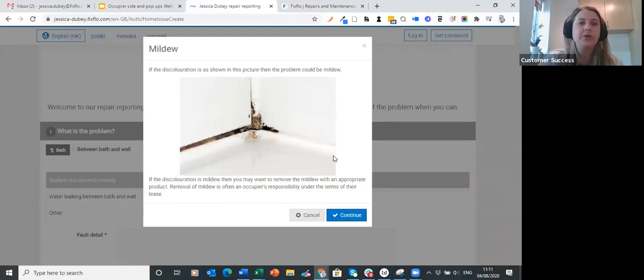So here we are with mildew, and there is actually a photo embedded onto this guidance and advice pop-up as well. So as well as being customizable, you can add photos, videos, GIFs, and also additional content. With this example, it does say here, the removal of mildew is often an occupier's responsibility under the terms of their lease. So with this example, you think that, okay, as the occupier, actually, this is something that I now need to resolve. I will show you how we customize these when we get onto the agent side,